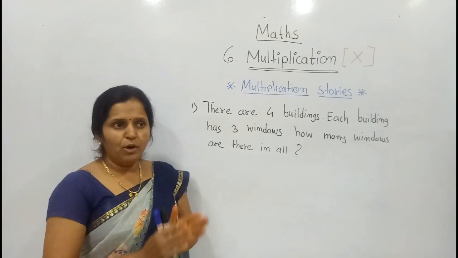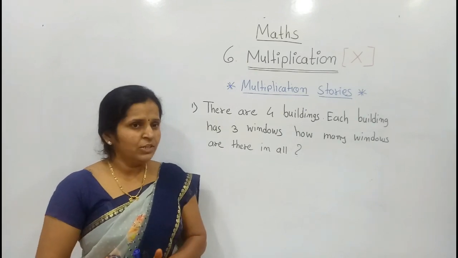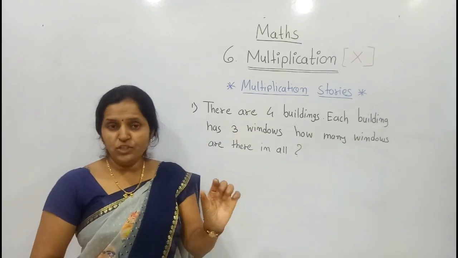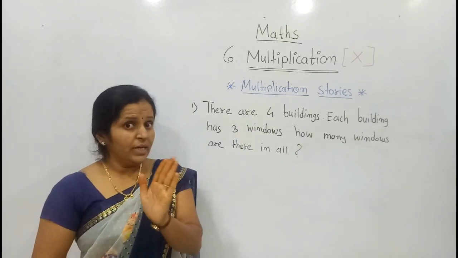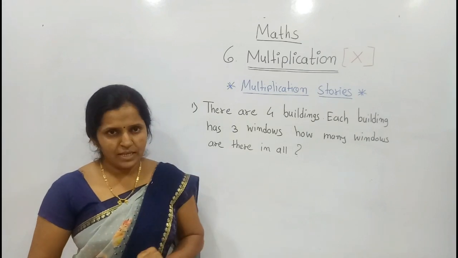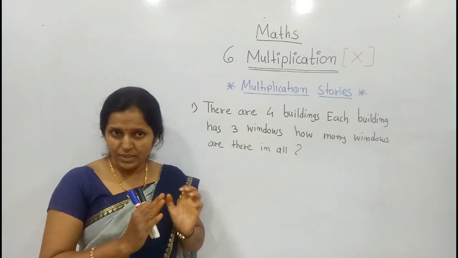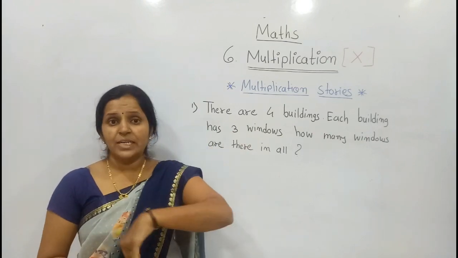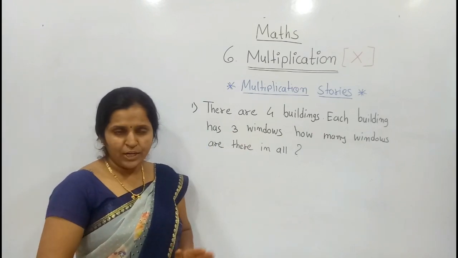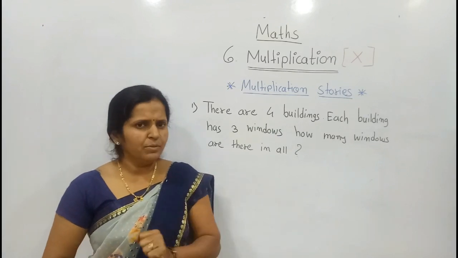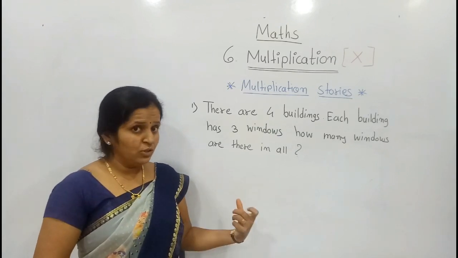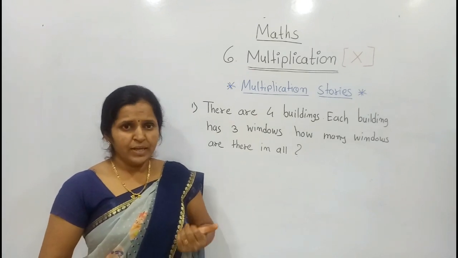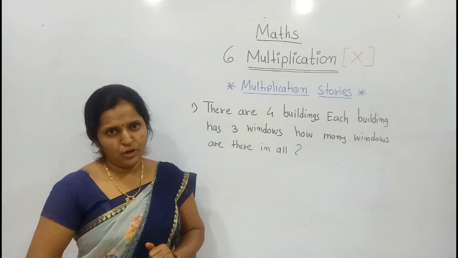Means in the example of multiplication in a word problem, what is given? Firstly the group is given. And after that, in each group, not in all groups, in each group the number of objects is given. And with the help of that we have to calculate how many objects are there in all. As I said, 2 bikes, each bike has 3 persons. Means 2 bikes, this is the group. 2 into 3, 6. 2 3s are 6. Means there are 6 persons in all.